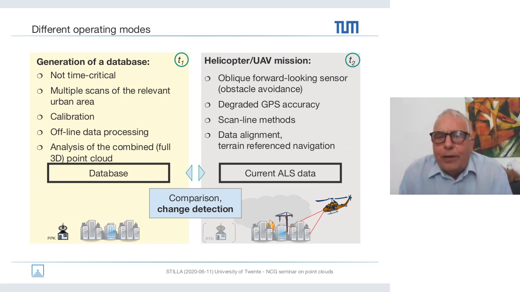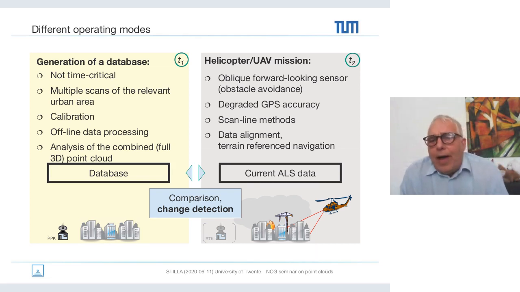We have to calibrate the laser scanner. And we have the possibility of offline data processing, means we are able to detect phases from the houses, from the ground, and also from the vegetation,